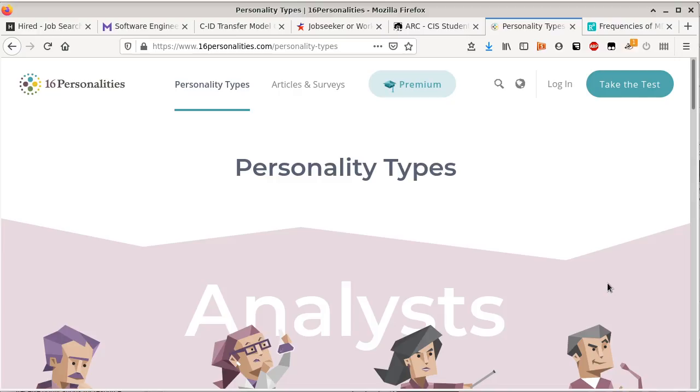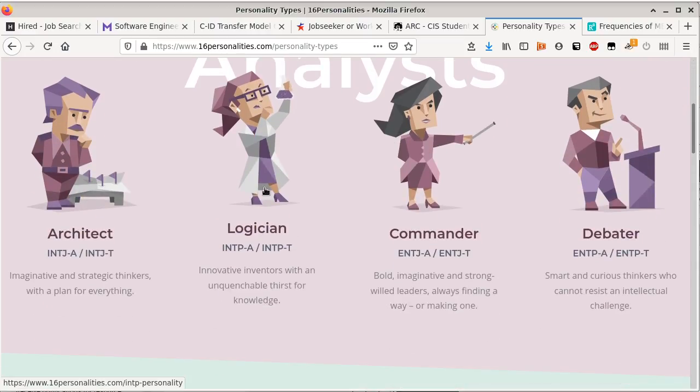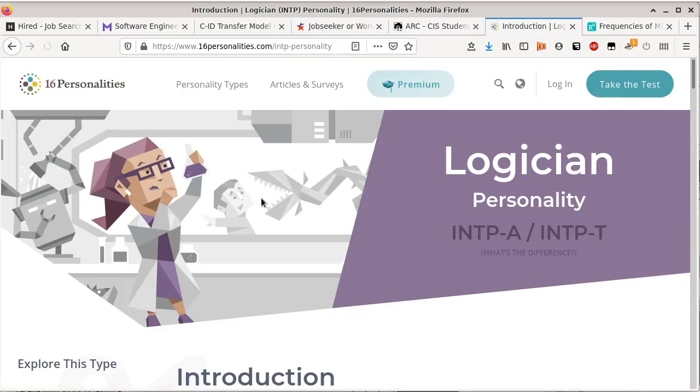So the reason why personality types is, I think, important is because the result of taking these tests, they will show at least preferences. It doesn't really show or correlate directly to the strengths and weaknesses of people, but it does show preferences. So I'm going to show you an example of what I mean by that. So I'll just go ahead and pick INTP because I am an INTP.